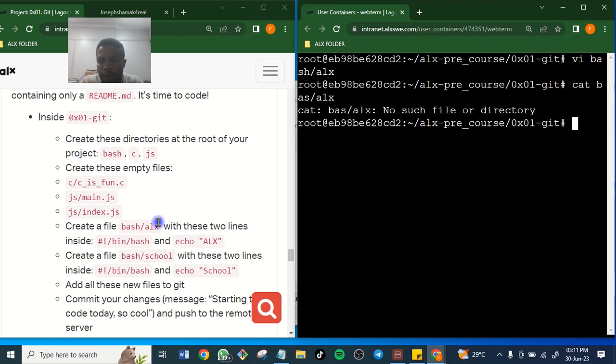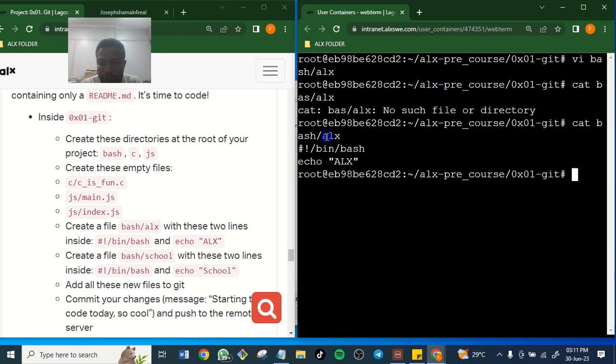We didn't write the bash correctly. So cat what? Cat bash. Here we just wrote bash. We didn't put H here. So bash slash ALX. Enter. So you see it. These were the things we created in our VI of this document, of this file. So you see these things are there.